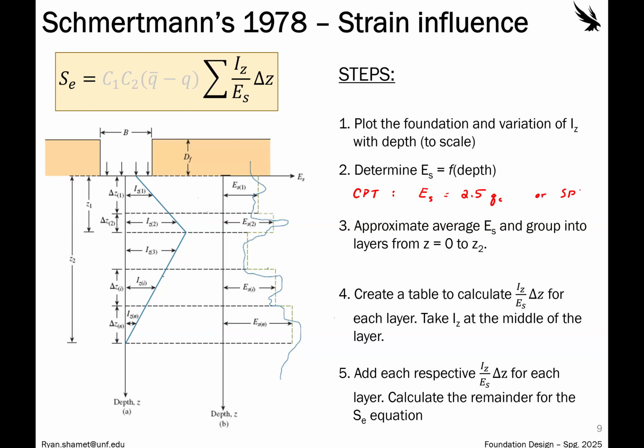Or there are other direct measurements from the standard penetration test that we'll go over here in a second. But this would be the whole thing. You'd have the Es, the Young's modulus, as a function of depth, and then you'd have to stratify, so it's going to look like this blue line shown here. You kind of understand how to find this average profile to set your different layers. So in this example, we're going to have layers 1, 2, 3, 4, and 5, separate sand layers, which means this sum here would consist of 5